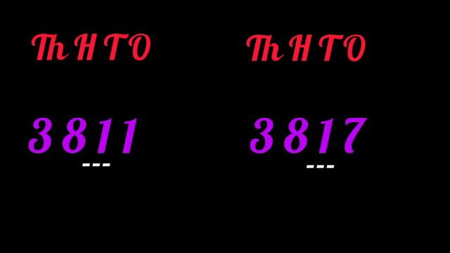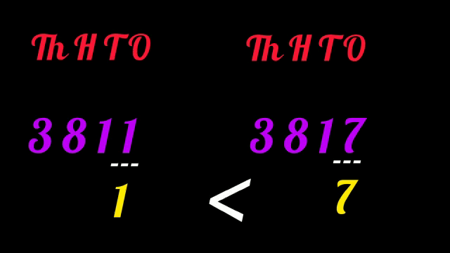There also we can see same numbers at the tens places. Then let us compare the last digit, and it is 1 and 7. Among that 1 and 7, it is very clear that 7 is the bigger number. So we can write 3817 is the bigger number. Let us move on to the next topic,